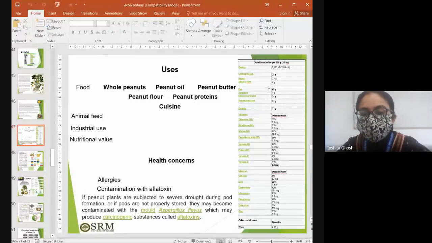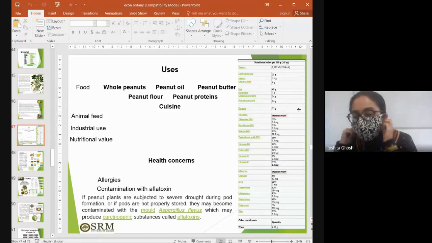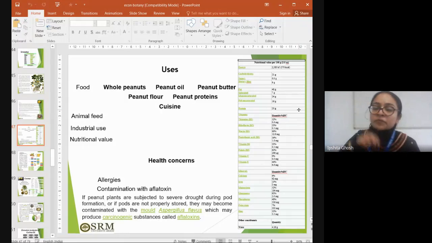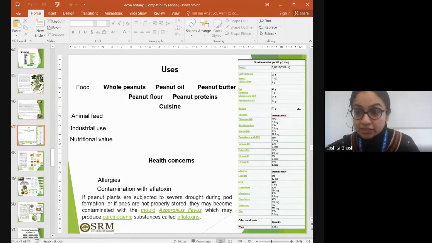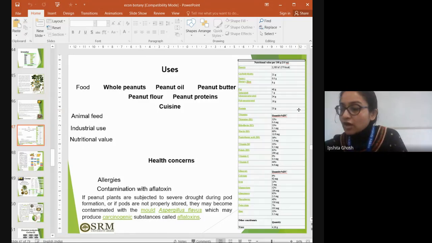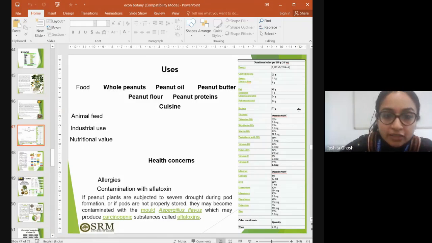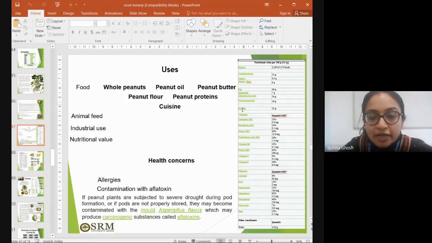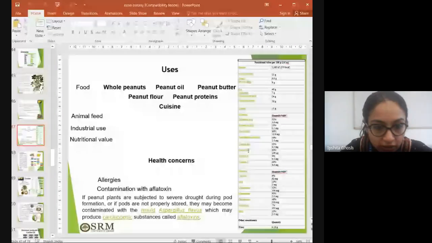So now you can see there are a lot of nutritive contents, but you do not need to remember each and everything. All you need to know is that it's rich in vitamins and minerals. It has a good fat content, definitely. But you have to be careful: those who are obese or have high cholesterol should not consume too many of these nuts. Otherwise, if you are fit and fine, it is advised for everyone. Doctors advise to have nuts each and every day. It has a very good impact on health.